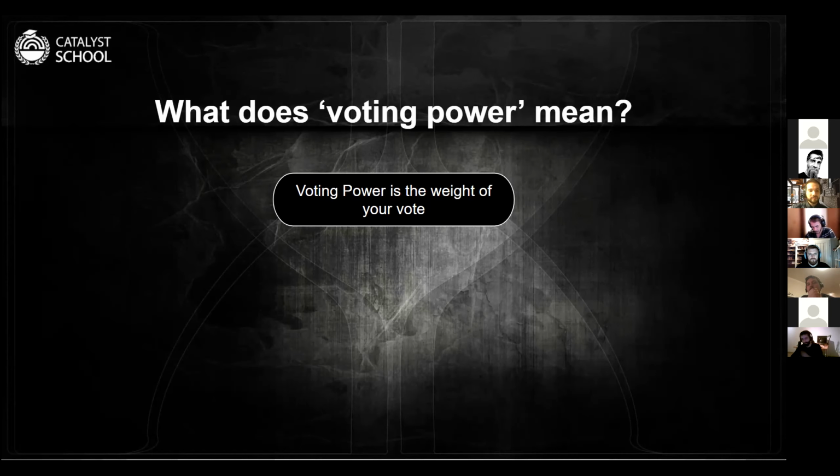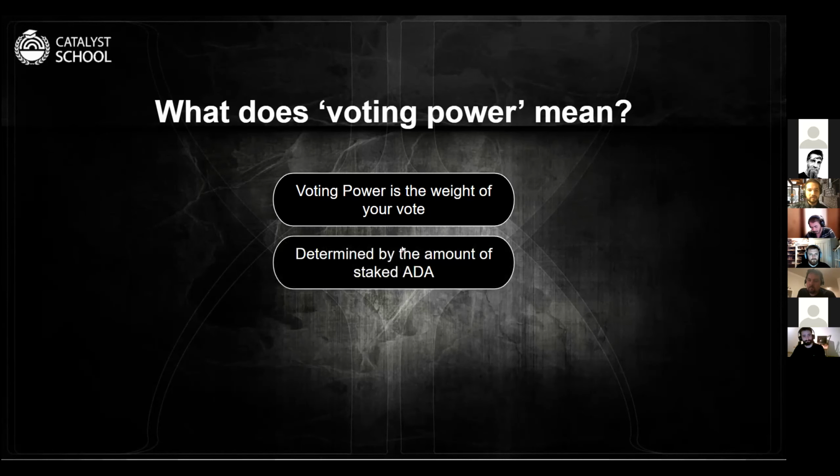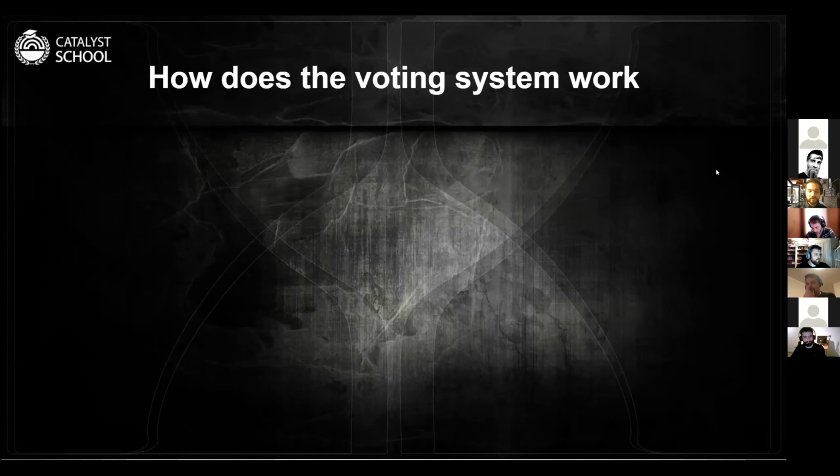But I believe that in the future, we are going to come up with solutions for this, especially now with the decentralized and distributed identifiers, the DIDs at Prism. Not sure if you know about this, but you are going to hear about it, I'm sure. And that's the way we currently determine someone's voting power in Catalyst. Any questions here? Nope. So let's move on.